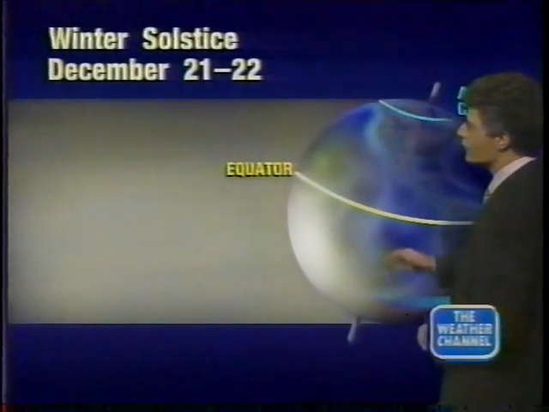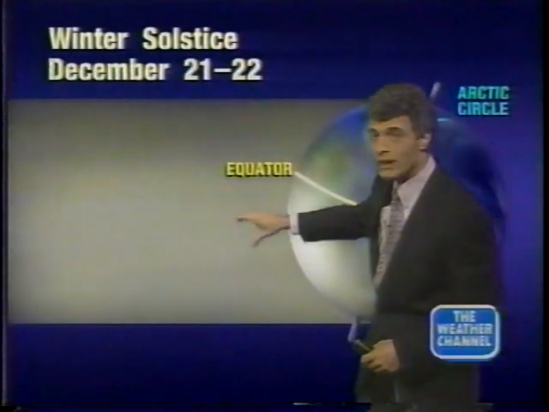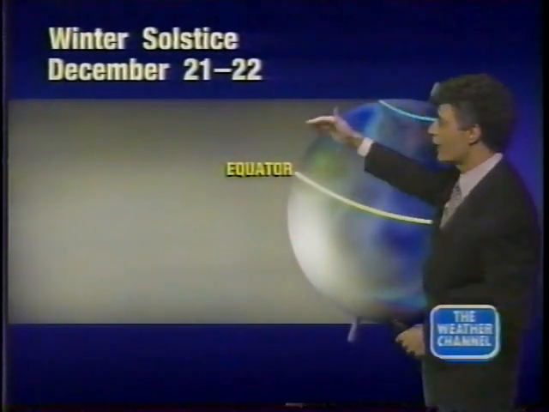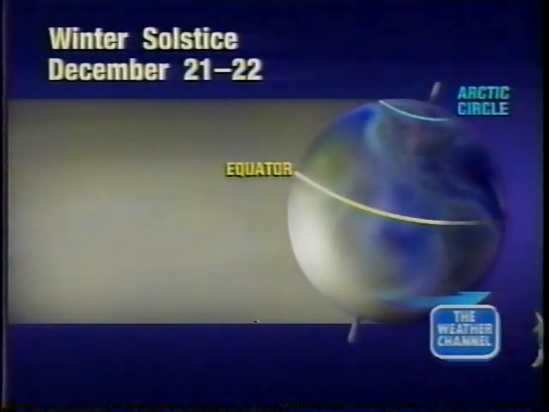The winter solstice, the equator tilted this way, the sun's direct rays hit the Tropic of Capricorn, and the more, say, acute rays hit the northern hemisphere, so we have low sun angles, and the North Pole is faced away from the sun and never even gets any sun. There are other seasons to